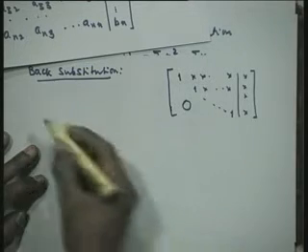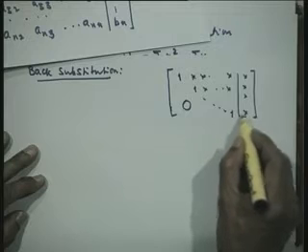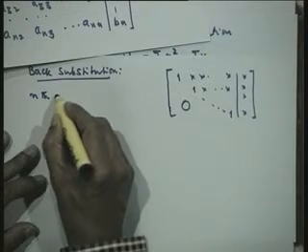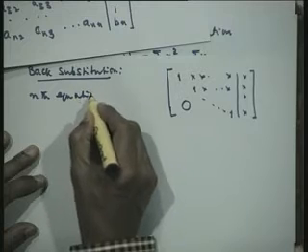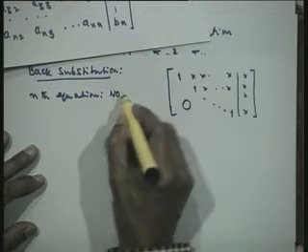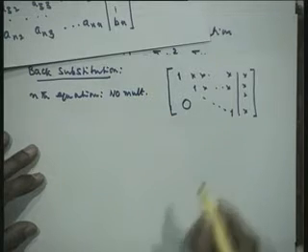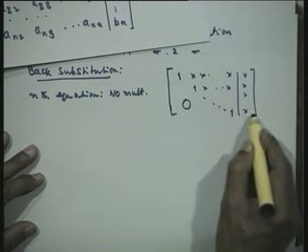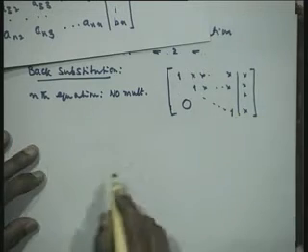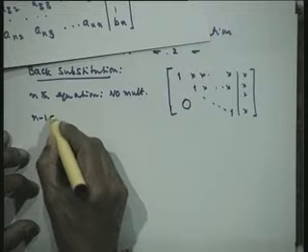Now, the nth equation does not have any multiplication because this is equal to this as the solution. Therefore, there is no multiplication in the nth equation, just x n is equal to the right hand side element. So, there is no computation involved in the last equation. Now, let us go back to the n minus 1th equation.